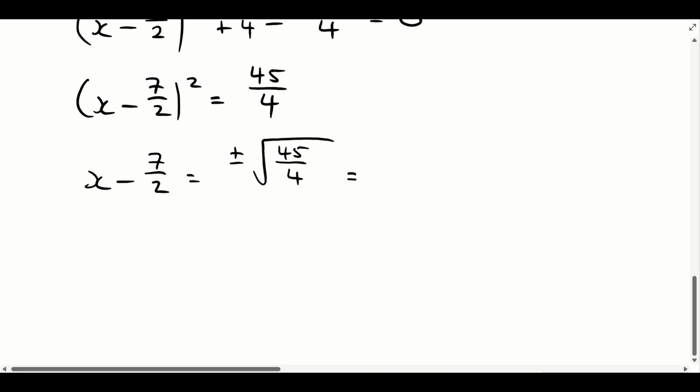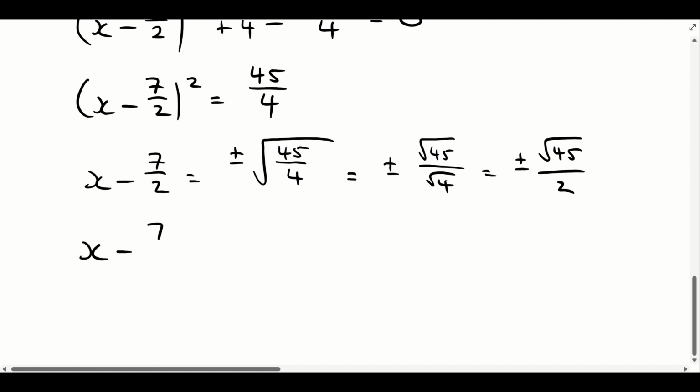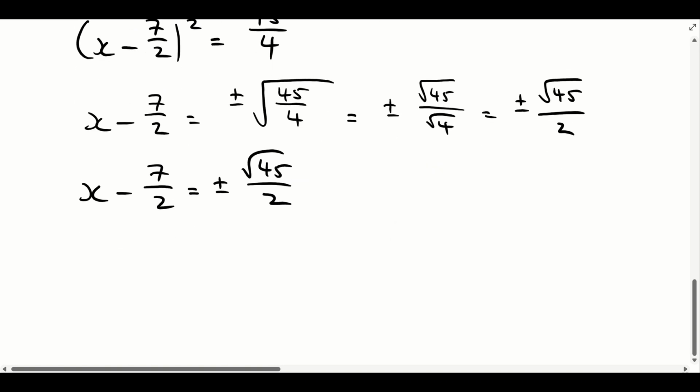And I can write that as plus or minus the square root of 45 divided by the square root of 4, which we know the square root of 4 is just 2. So we get plus or minus square root of 45 over 2. So if I rearrange this, I have my x minus 7 over 2. I can now rewrite that as plus or minus square root of 45 over 2. I add my 7 over 2 to both sides. So I get 7 over 2 plus or minus the square root of 45 divided by 2,